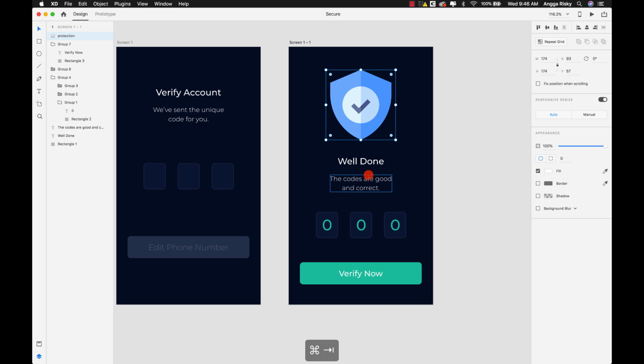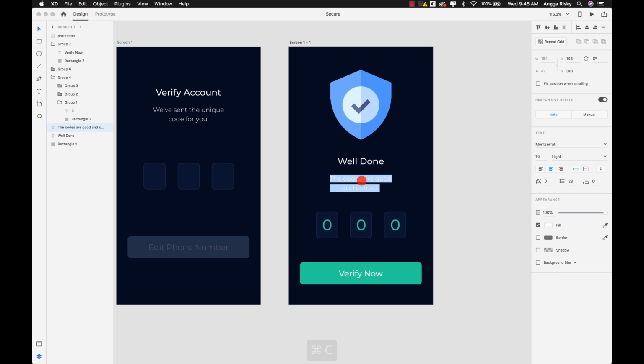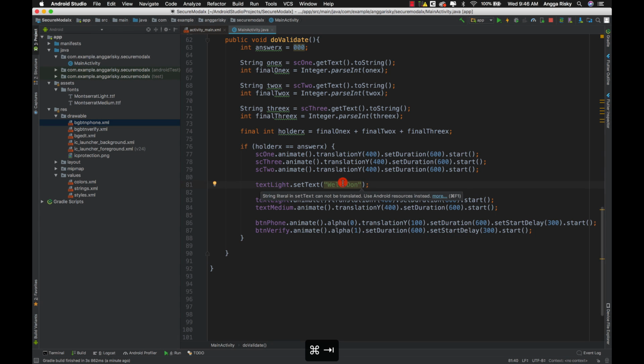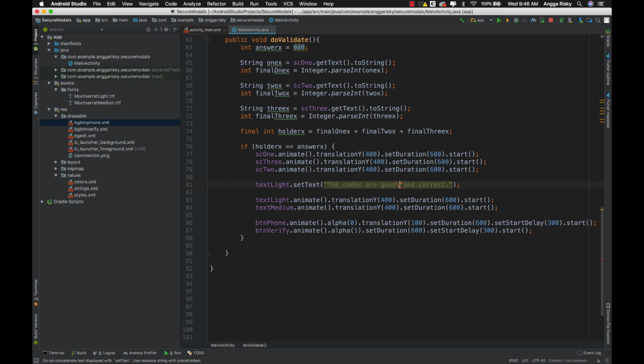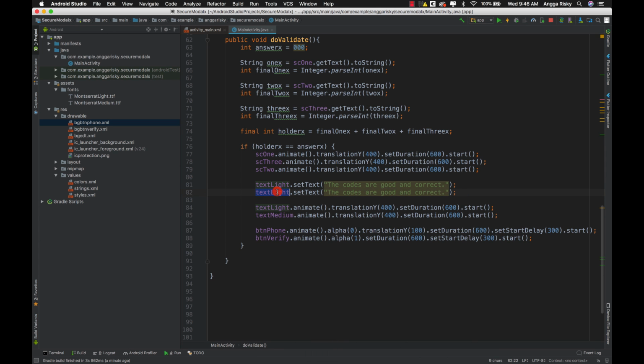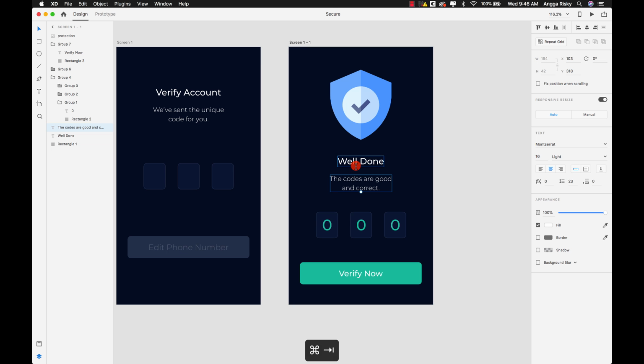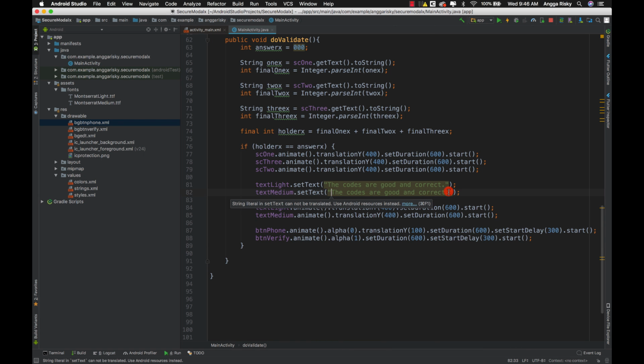Sorry, no, it's different. It's called the codes are good and correct. Then after that we give text medium, and the text medium is called well done, right?